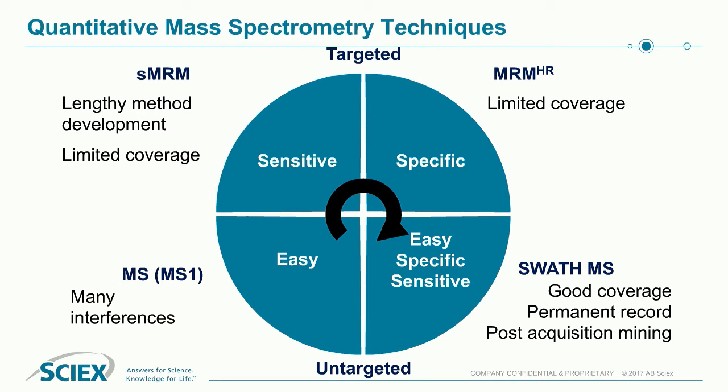What we're focusing on is really to use our SWATH-MS methodology. This is a method which allows us to quantify essentially all proteins which are accessible, or peptides which are accessible to the mass spectrometer. These are peptides which are within the mass range that we're analyzing, as well as those which are ionized and are detectable by the mass spectrometer. This allows good coverage, but doesn't allow the same sensitivity as the scheduled MRM assay, but allows you to quantify many thousands of peptides and many thousands of proteins.